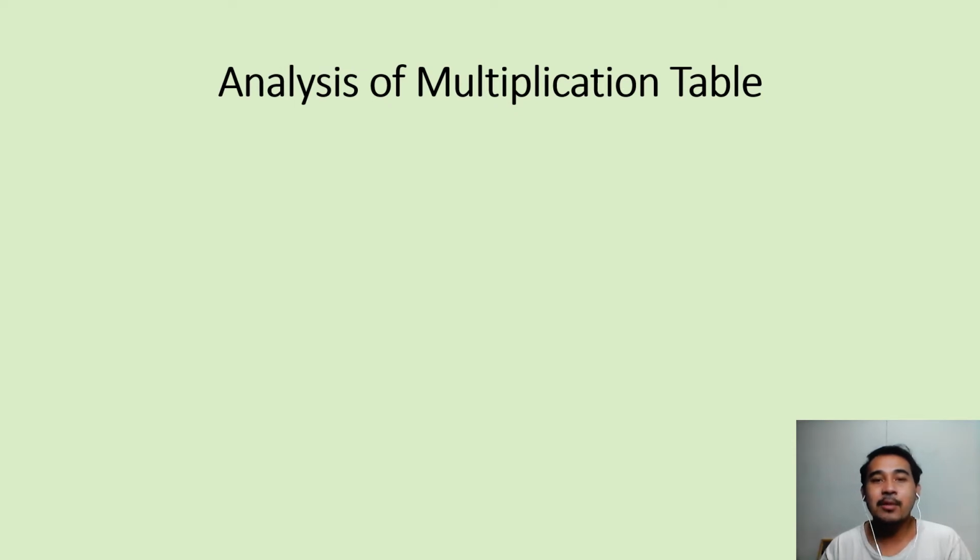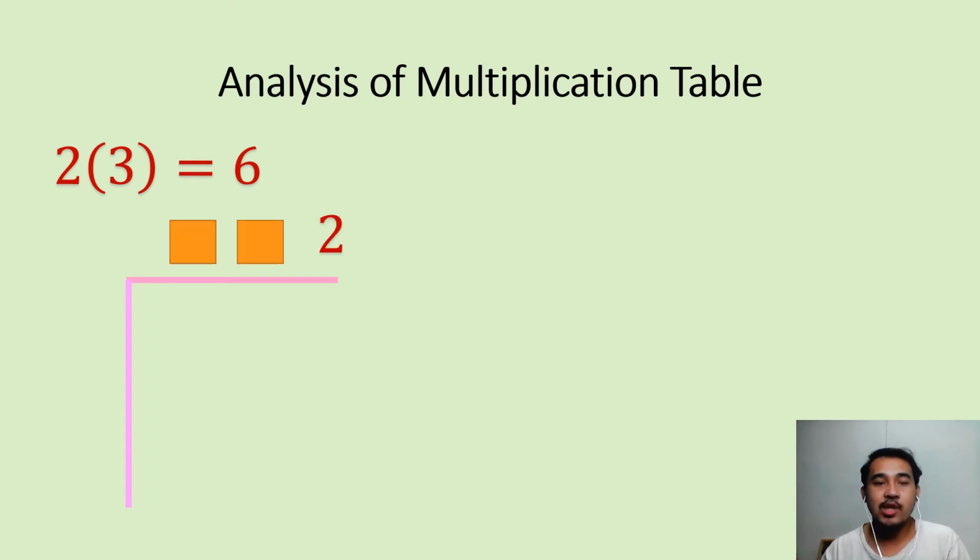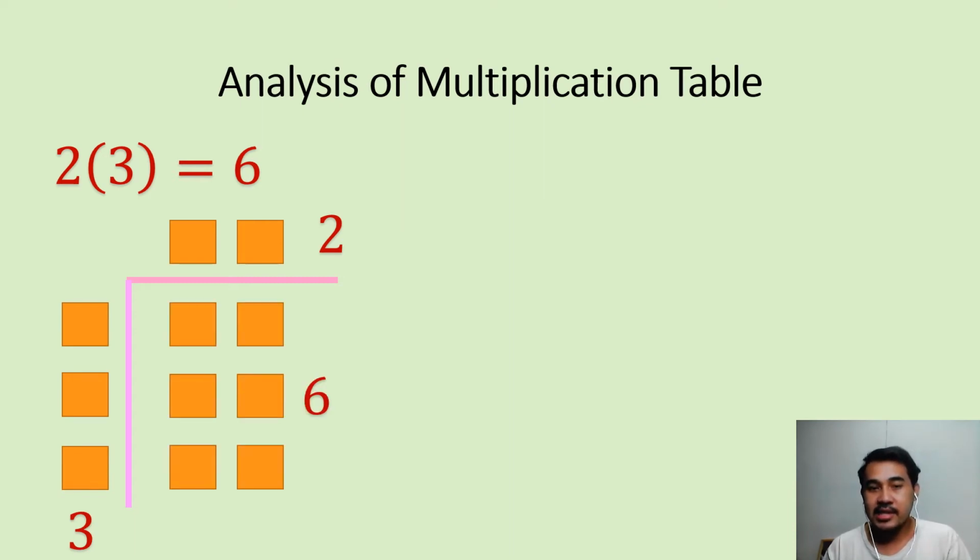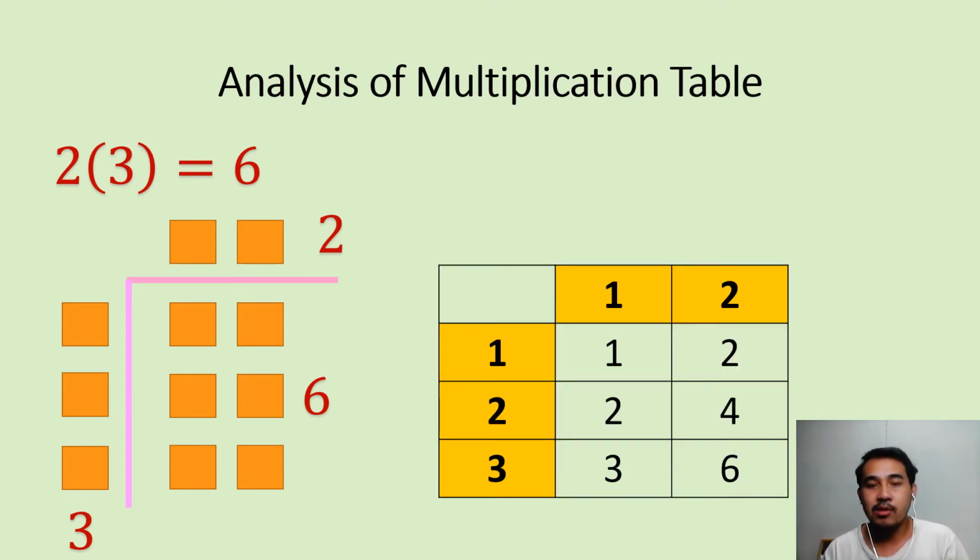Let's have an analysis of the multiplication table and a model. An example is 2 times 3, that is 6. Let's have this as a dimension. You have 2, you have 3, and the product is 6. That's how you do the modeling. When we were starting to learn multiplication, the multiplication table was being utilized. This is a part of the multiplication table. When you multiply 2 and 3, the intersection is